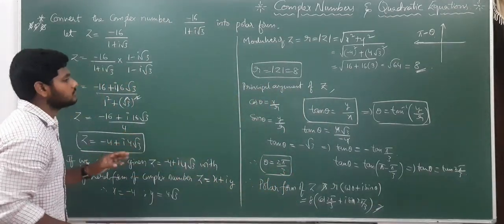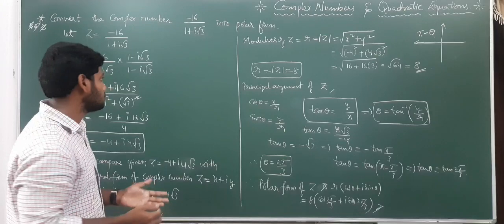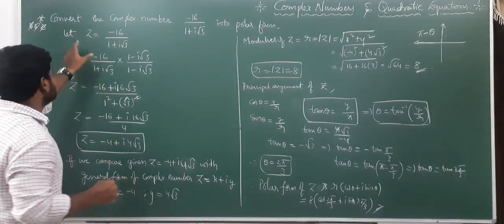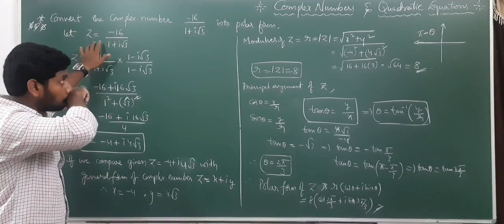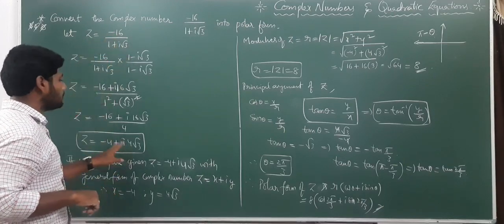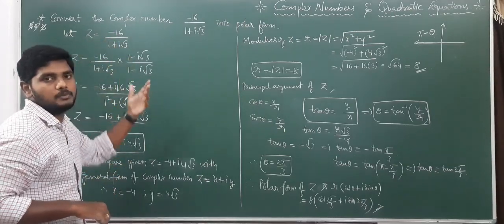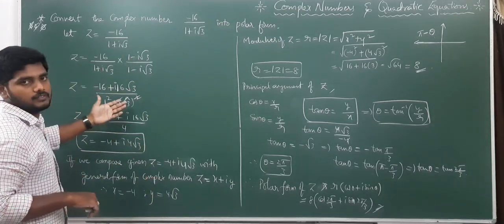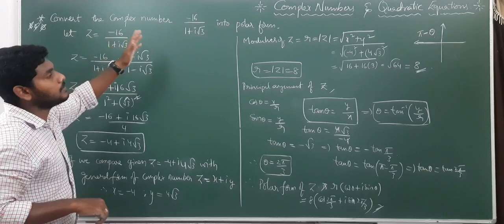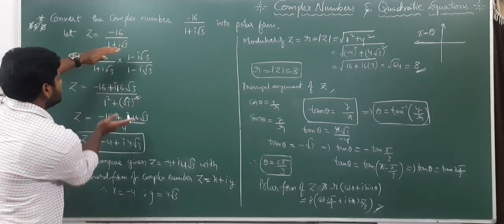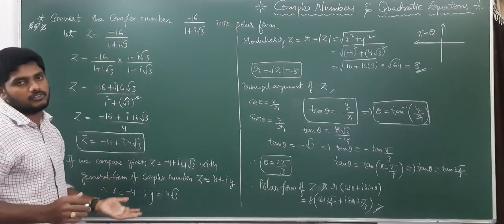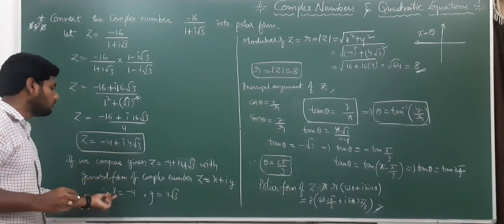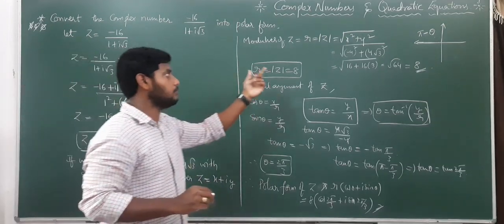See, by using this concept, we can easily get a 3 marks question, right? And we may also get 1 or 2 marks questions. First they will give a complex number. If the complex number is in the form x plus iy, no need to convert or simplify anything. If it is not in that form, we need to simplify. If it is given directly like 1 plus i root 3, these steps can be skipped. After identifying the complex number, you take the x and y values, and you find the modulus,